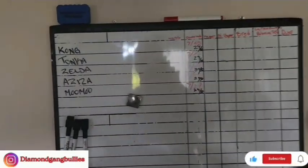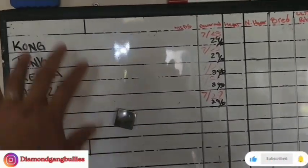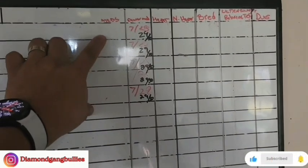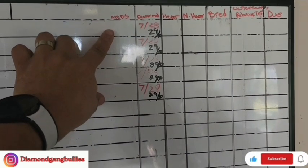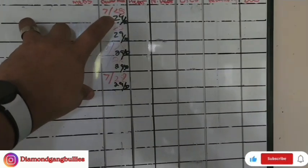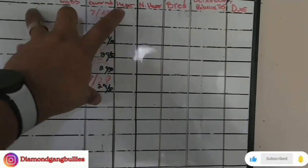Right here is what I would recommend everybody to have for their dogs. If any of our dogs are on meds, this is the meds and what they're on and how much they got to take. The last time our dogs were dewormed, when our dog is in heat,